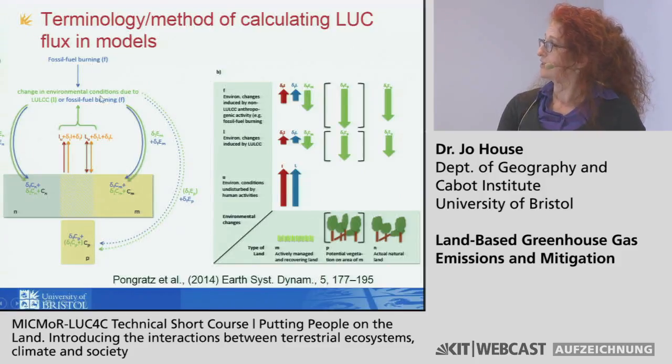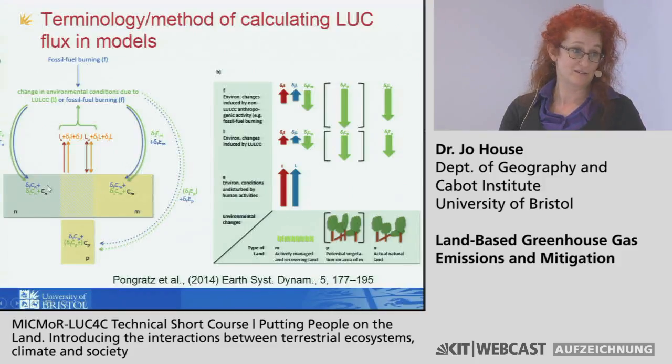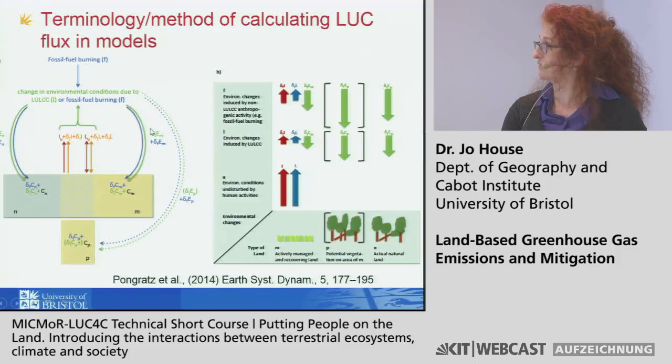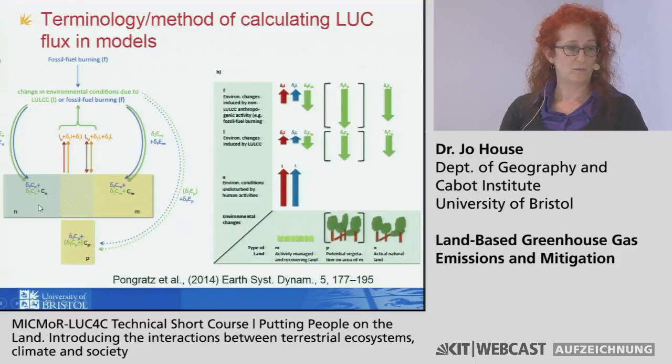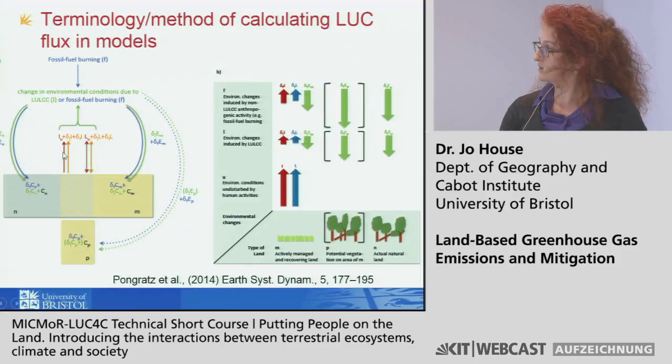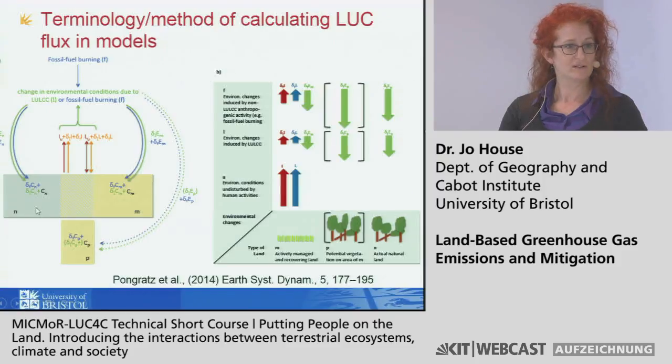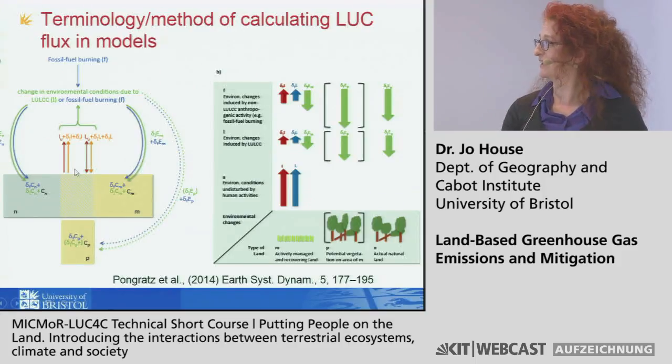You've got fossil fuel burning that changes environmental conditions, and then you've also got land use change that changes environmental conditions. And those changed environmental conditions, due to fossil fuels and due to land use change, affect your natural land and your managed lands. So if you imagine the directions going this way, you've got your natural land where it would be without the environmental effects. And if you burnt it, those would be the emissions. And then you've got this little bit of extra biomass there because of the environmental effects. And so when you burn it, you've got some emissions again due to that little bit of extra biomass.